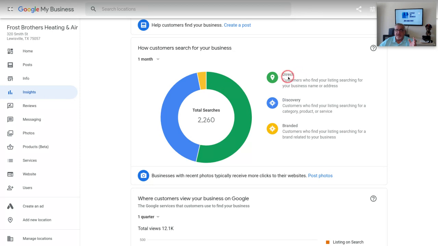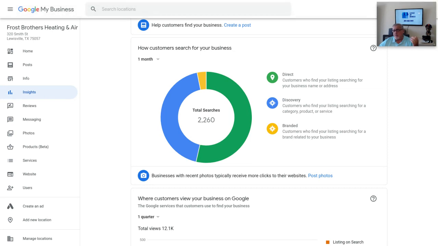So the company name is what this is, as opposed to branded. Customers who find your listing searching for brands related to your business. So in this particular case, it's a heating and air conditioning contractor. They are a York air conditioning installer primarily, but they can install any brand, I guess. They could install Trane, they can install Carrier. They would probably be more likely, if they were not going to install York, they'd install something like